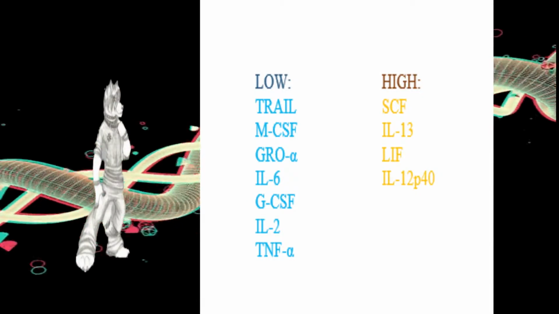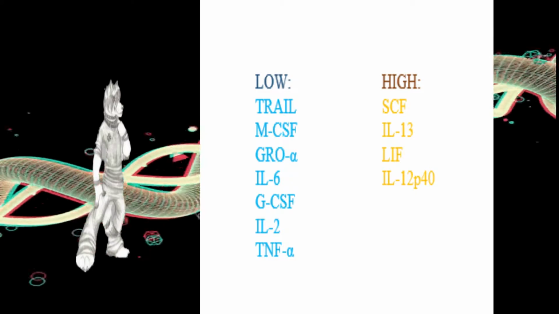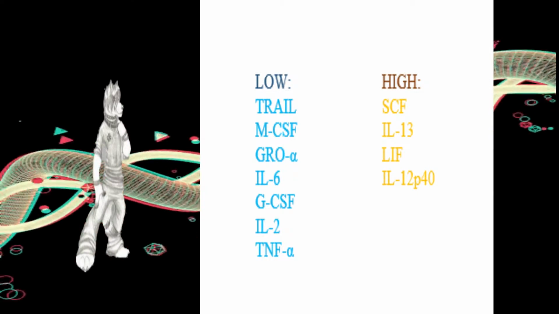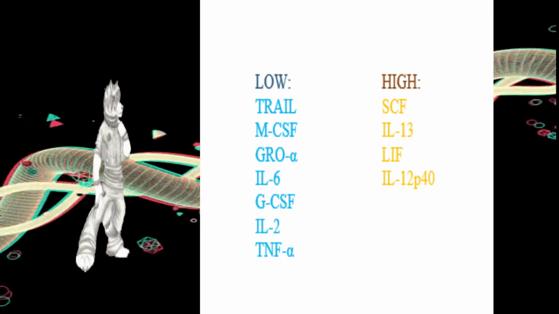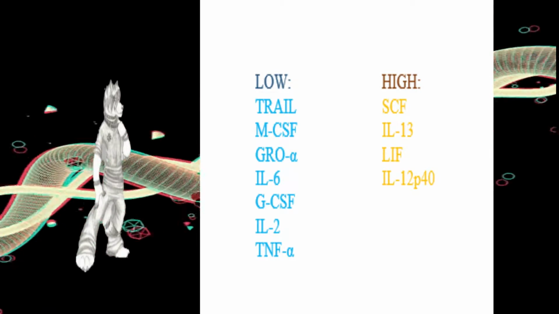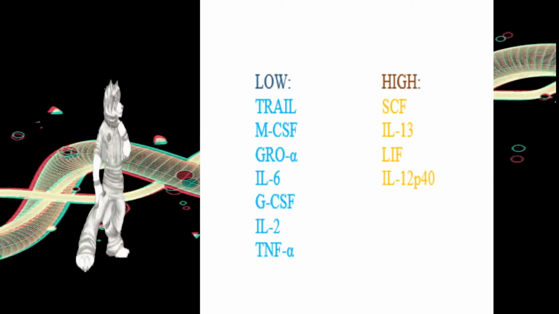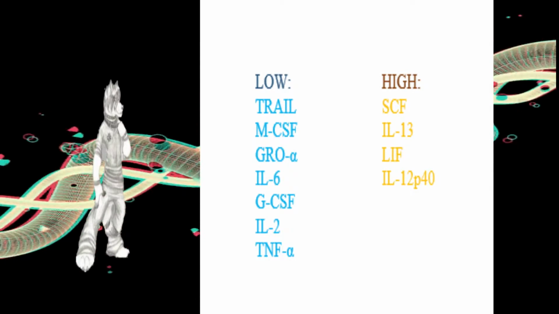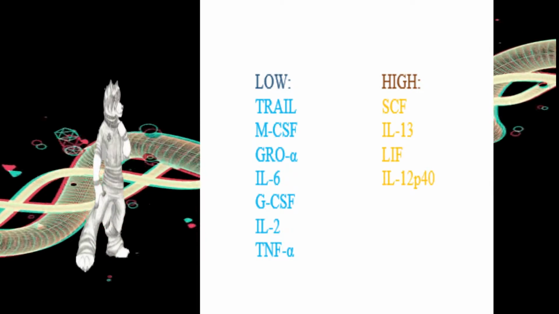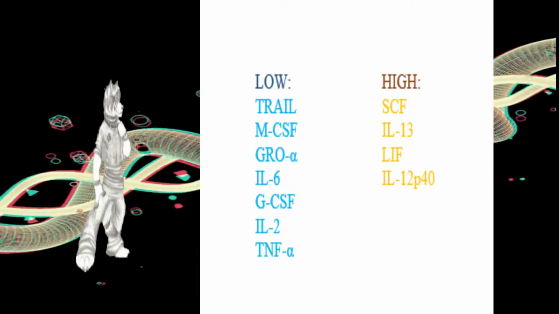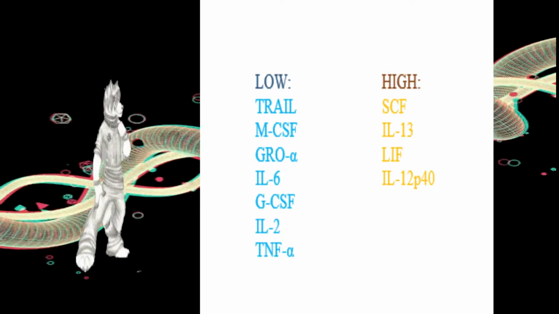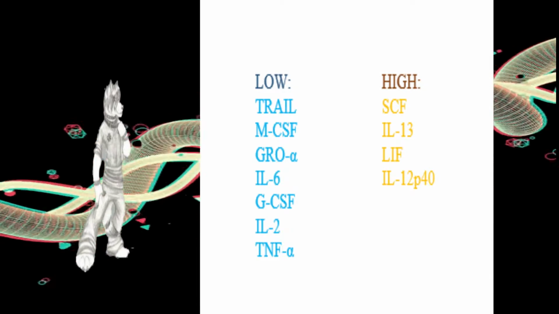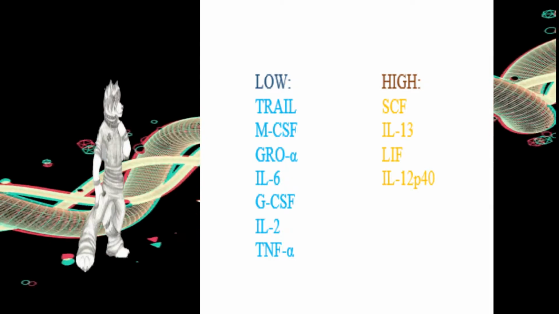An asymptomatic person will likely have lower amounts of tumor-necrosis-factor related apoptosis inducing ligand, TRAIL, macrophage colony-stimulating factor, M-CSF, growth-regulated oncogene alpha, GRO-alpha, interleukin-6, IL-6, granulocyte colony-stimulating factor, G-CSF, interleukin-2, IL-2, and tumor-necrosis-factor alpha, TNF-alpha. These lowered levels of cytokines point towards a more subdued immune response where the removal of infection takes place in